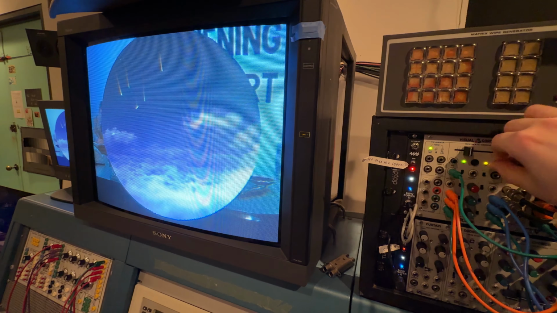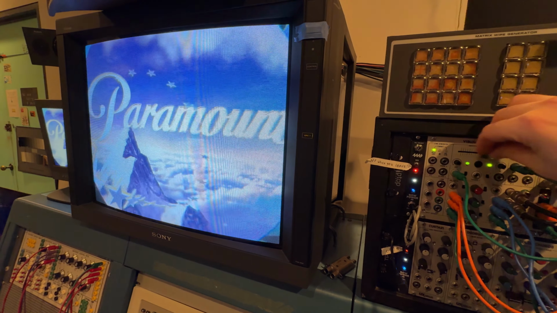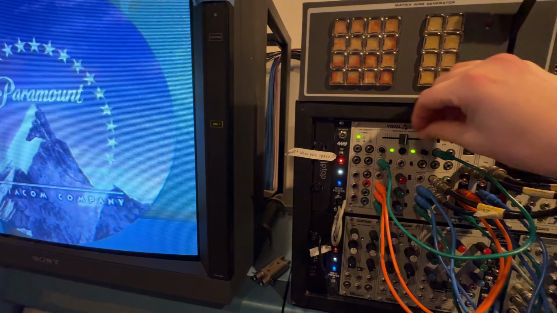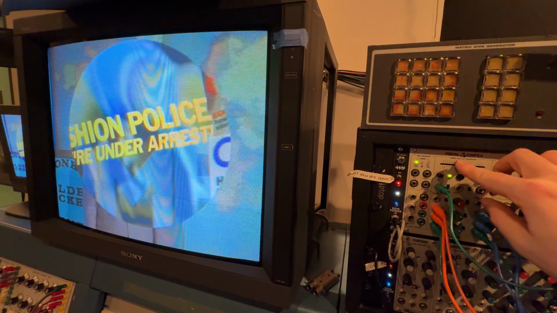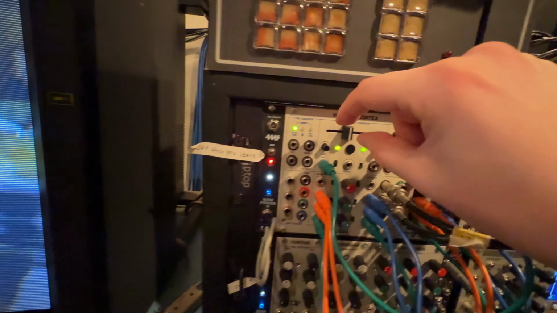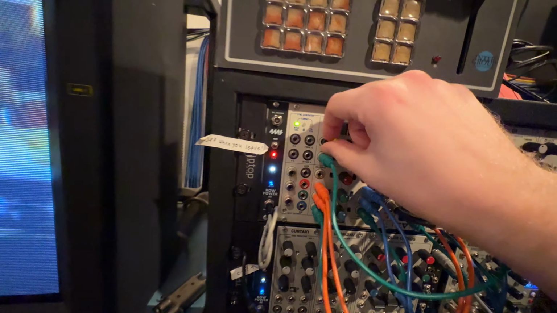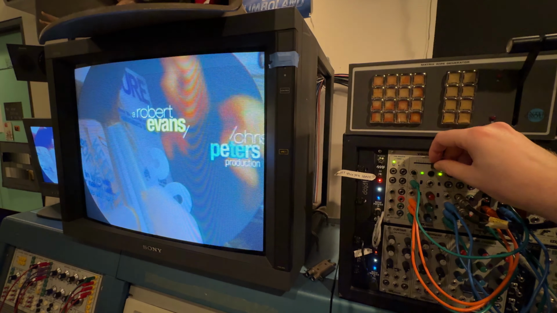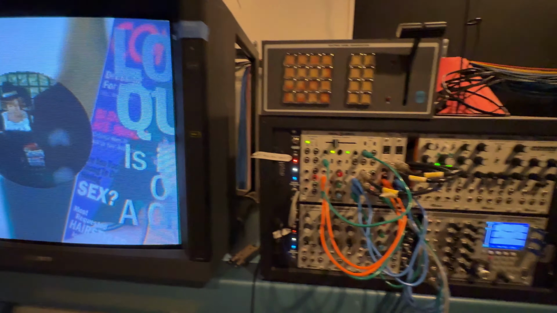I think the fading is slewing right now, which I don't particularly want. There, okay. So to turn the slew off, which means it sort of lags behind your physical movements here, you just put this knob all the way counterclockwise, both knobs all the way counterclockwise. Okay, anyway, so we got that. Switch them like that, and